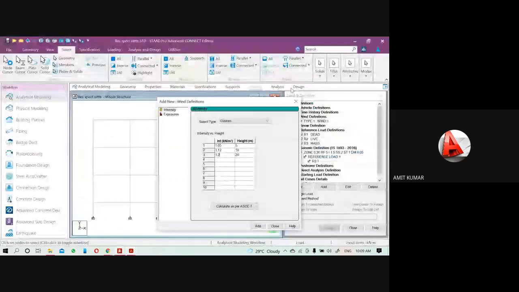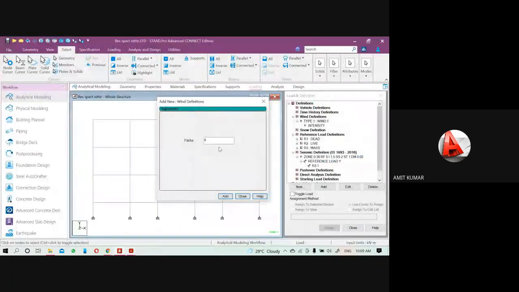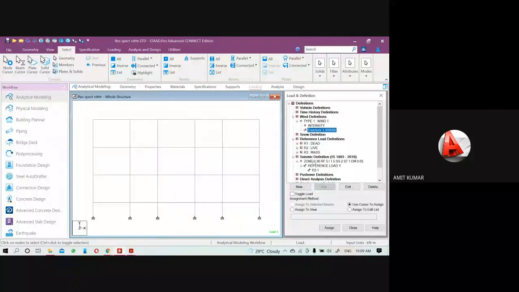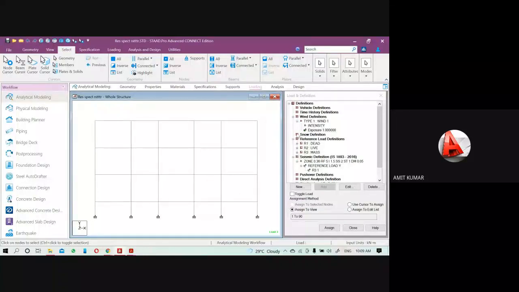Okay, and click on add. Exposure factor will be 1, add, and assign it to the view. So wind and seismic definition have been defined.